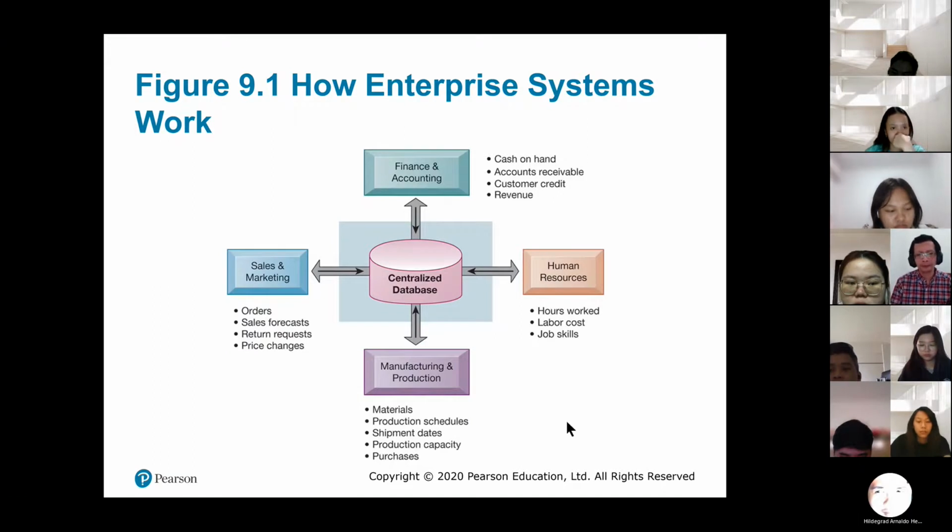Okay. Now, most of the time, this ERP consists of these core modules. There are other additional modules. We will discuss that later. And usually the best practice for implementing an enterprise system is to start with one module, and then after it's finished and succeeds, they can move to another module.